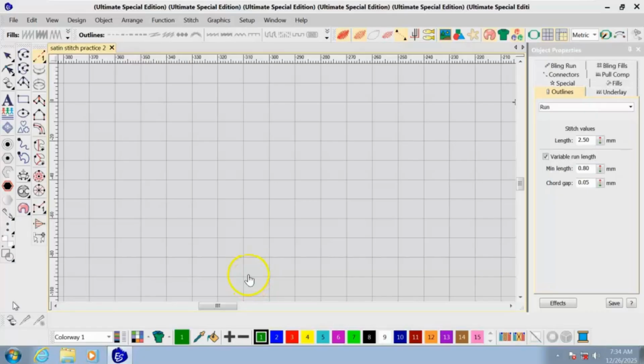Now, I will select the running line tool. Running stitch is used for simple lines. We use running stitch for outlines, thin borders, simple shapes.